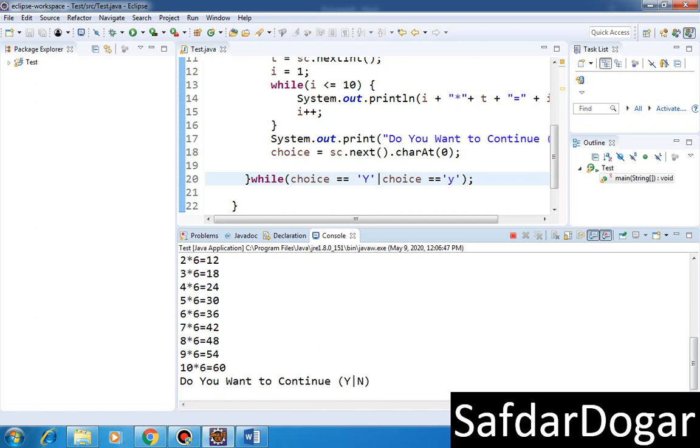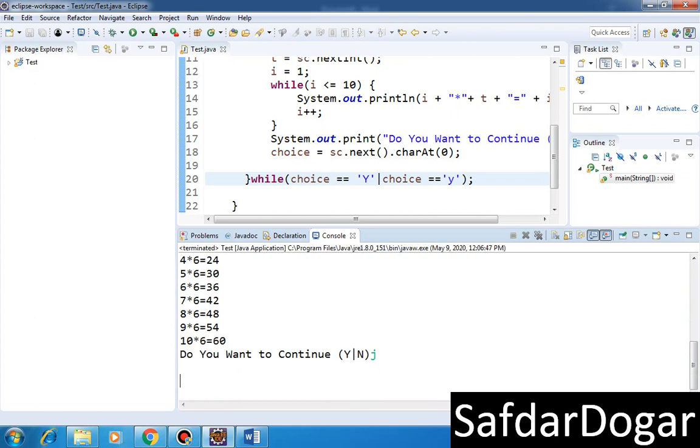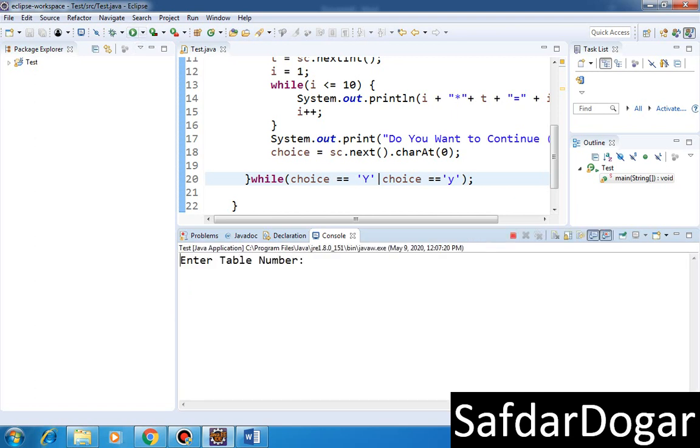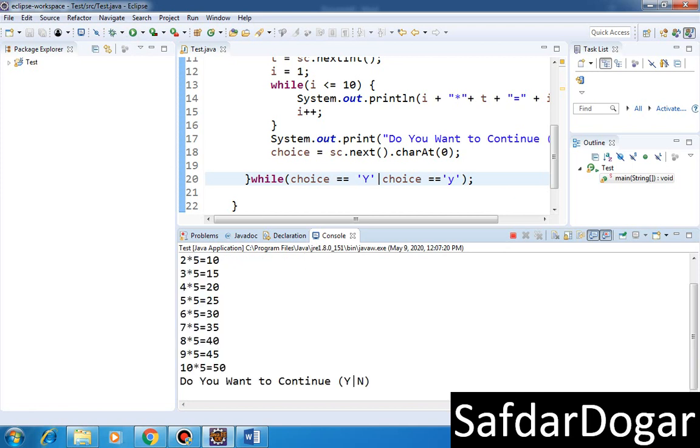I put 6 and the 6 table shows. If I press any other key, the program terminates, our loop terminates, and run again. 5. Do you want to continue? Yes or no? Yes. And enter table number, it comes again. 3 table shows. Do you want to continue? Yes. Enter a number. 10 table shows here.